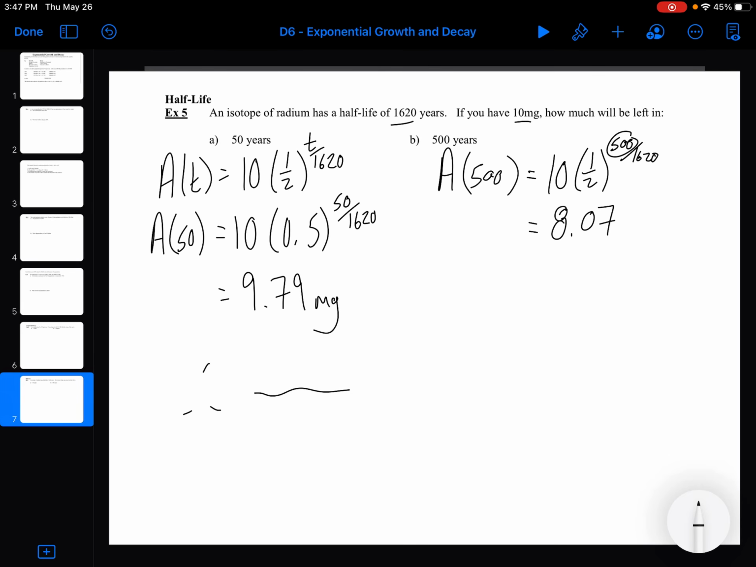Okay, we're only about a third of the way there. So then, again, that's in milligrams. So therefore, you have this many milligrams left. Okay, and that is that. It's pretty much a review of grade